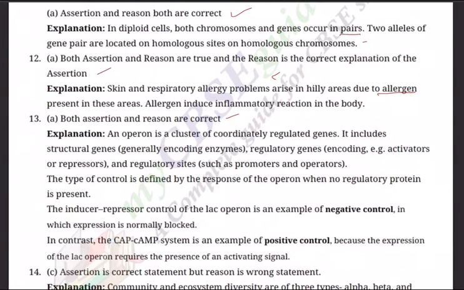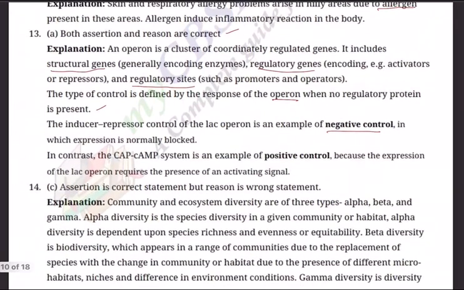Why A? An operon is a cluster of coordinately regulated genes. It includes structural genes, regulatory genes, and regulatory sites. The type of control is defined by the response of the operon when no regulatory protein is present. The inducer repressor control of the lac operon is an example of negative control, in which expression is normally blocked. In contrast, the CAP-cAMP system is an example of positive control because the expression of lac operon requires the presence